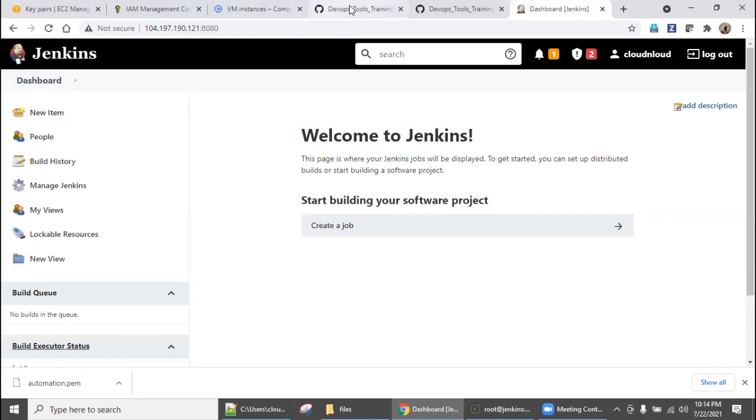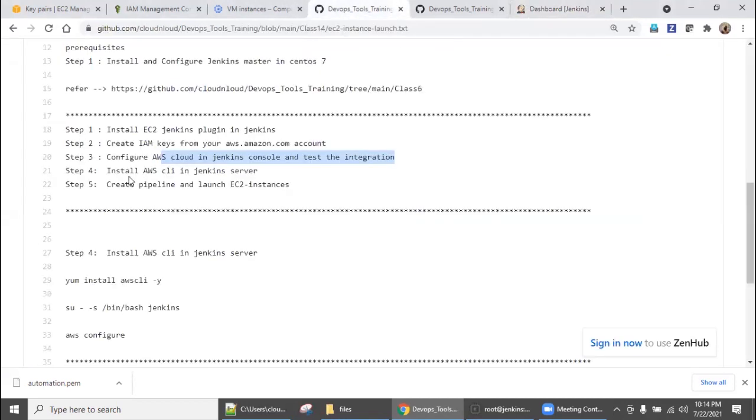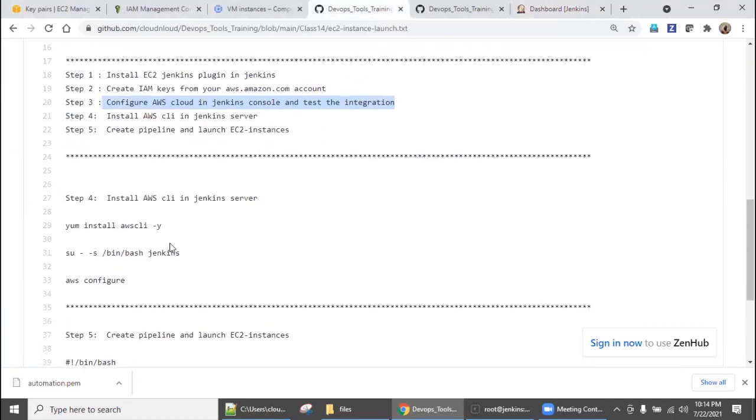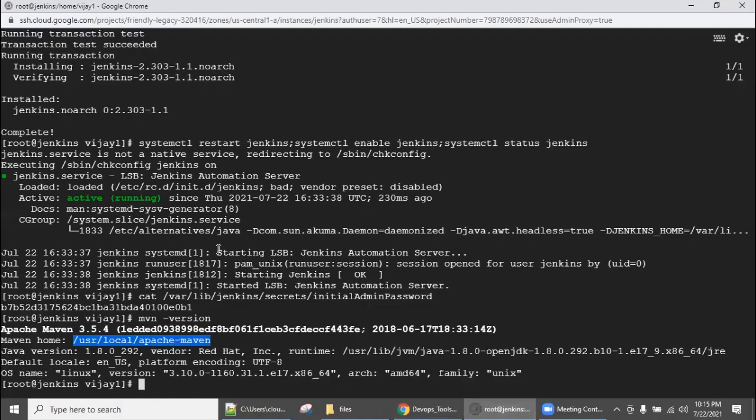Okay, before that, I'm going back to the steps. So install AWS CLI. So we have tested from Jenkins console, Jenkins server. Now from Jenkins server, because whenever you try to execute any pipeline, the CLI workspace also should have a visibility, right? So for that, we need to configure the AWS CLI also in the Jenkins server.